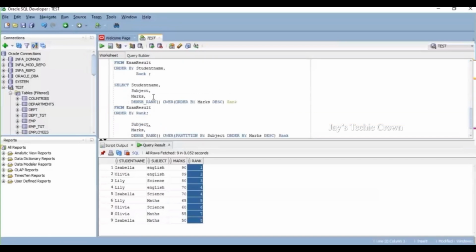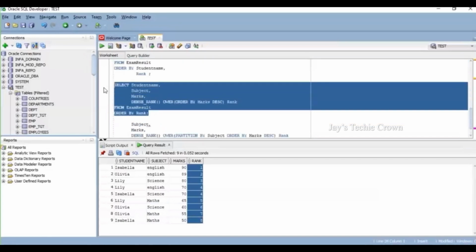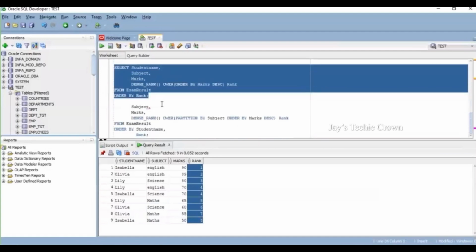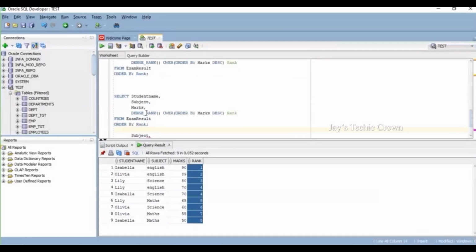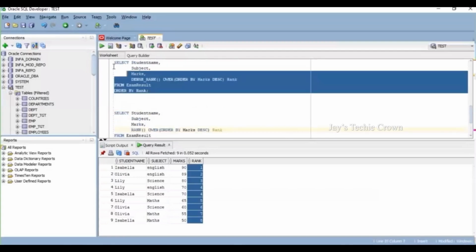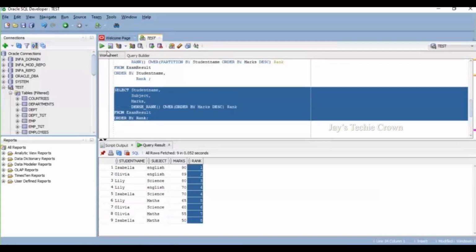Let us run this using order by. So this is using dense rank. We have 1, 2, 3, 4, 4, 5, 6, 7, 8. Lily and Isabella both have 70, so it goes this way because we are not doing any partition.